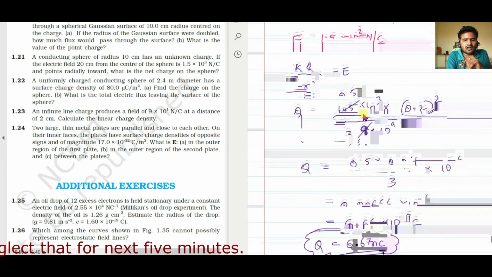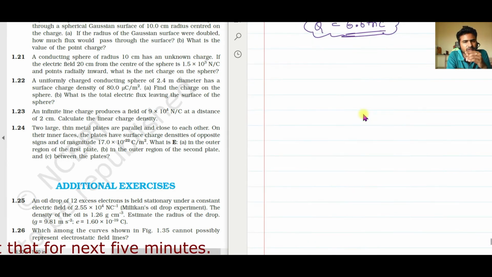Okay, we have also drawn the graph of electrical field versus distance, all those things in the theory part. Again, you can go and watch those videos. Okay, all right, so now the next question is